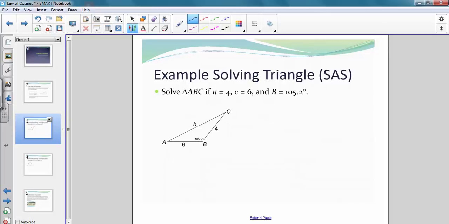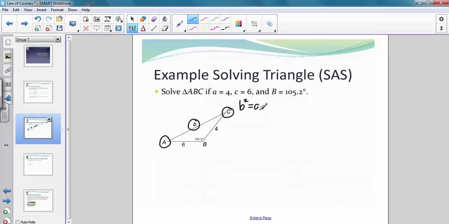We have triangle ABC. If a equals 4, c equals 6, and angle B equals 105.2 degrees, solve for the rest of the triangle. So that means we need to find angle A, angle C, and side b. We can't use the law of sines because we don't have enough information, and so using the law of cosines,